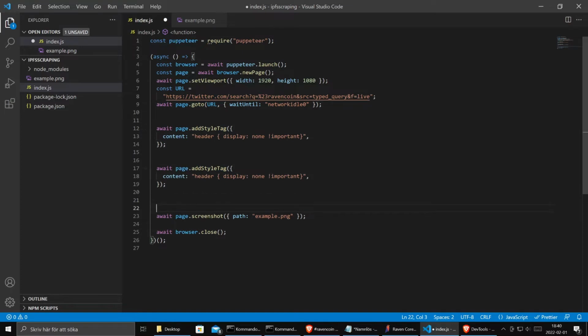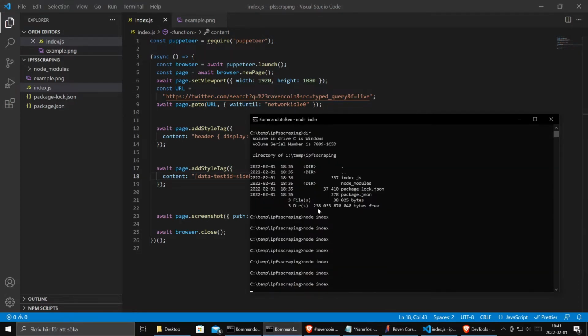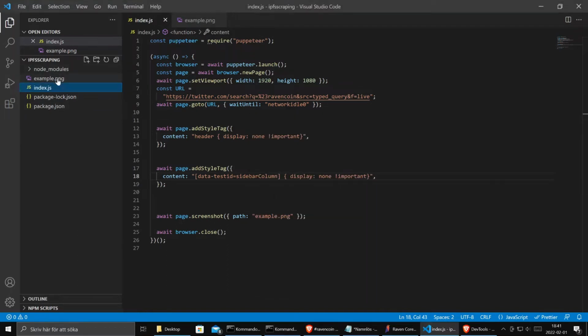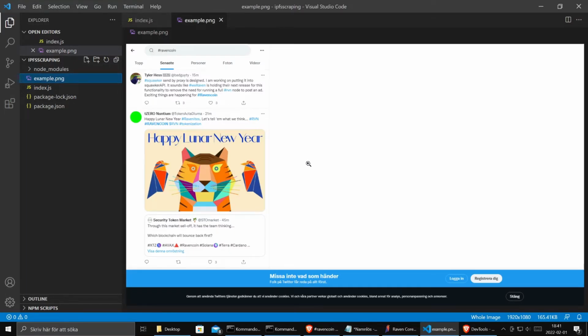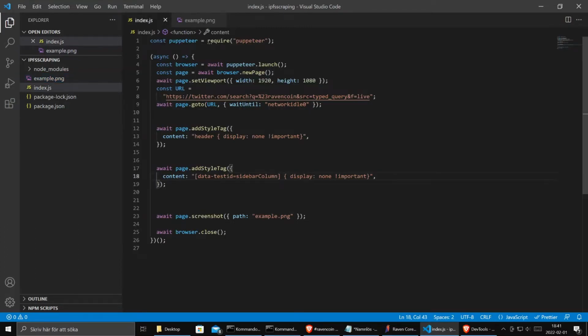Let's hide it. It was data test ID equals sidebar column. Should be the same. Display none important. Let's do it again. Ooh, looks much better. Now we only have the content that we want, and we don't need this huge